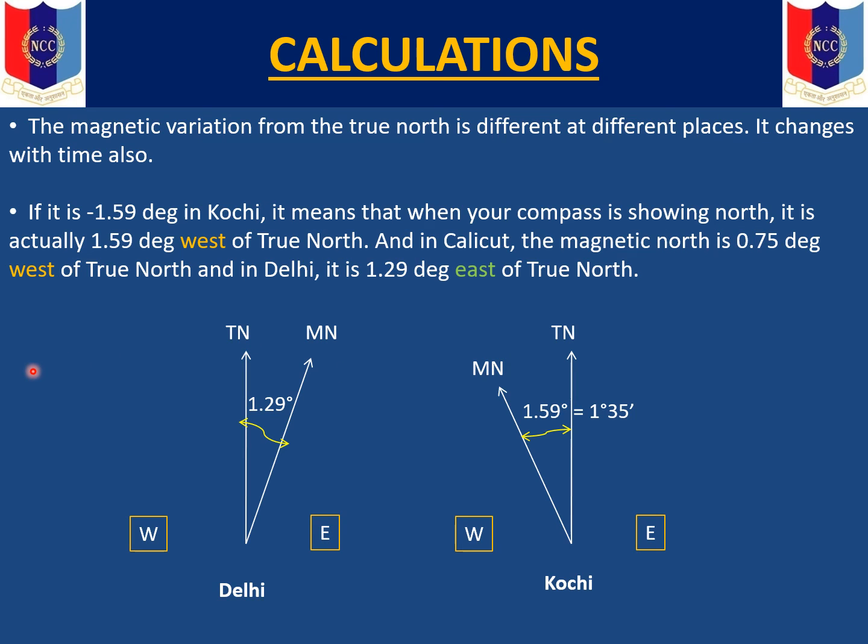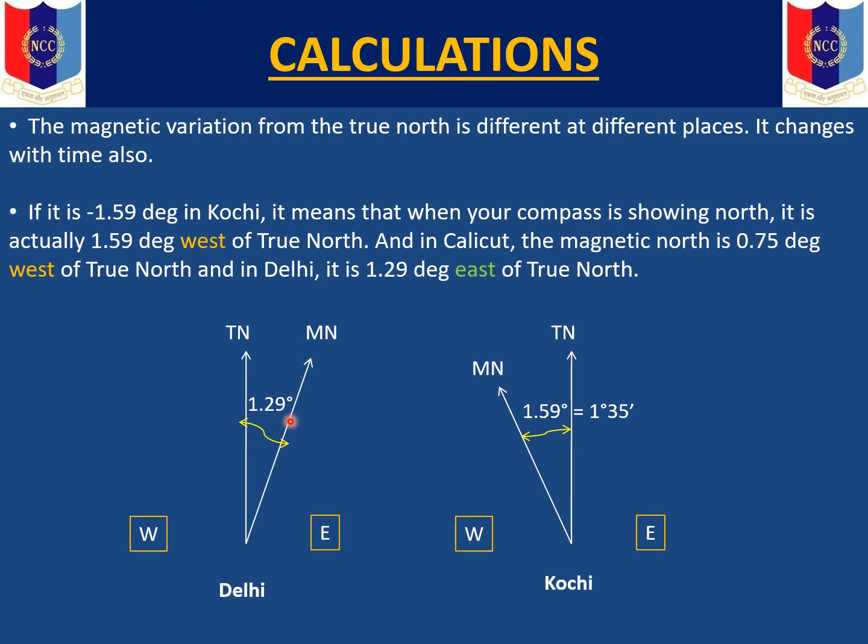Whatever we had discussed in the previous slide is being pictorially depicted in this slide. This is the magnetic variation. The minus 1.29 is what we had seen for Delhi, and it is plus 1.59 in Kochi. So what do minus and plus mean? Minus means the angle. Now you have the magnetic compass reading available with you. Now you are required to convert that into the true north, and for all practical purposes we are assuming that the grid north, or the north as depicted in the topo sheet, is the same as the true north.